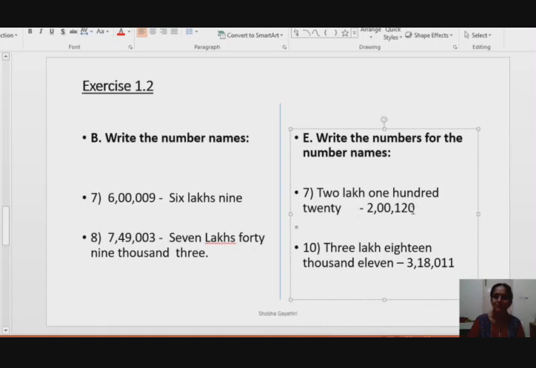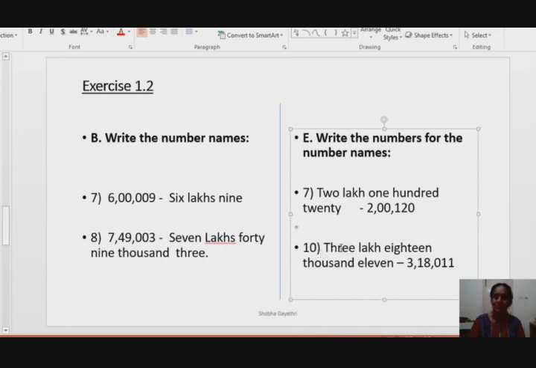Write 0. If you get a little bit of confusion while writing the numbers, write the place value chart, observe the periods, write the numbers mentioned for each period, then write the number. This is the easy way to write the number. One more easy way to write the number.